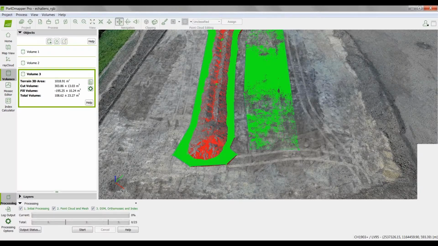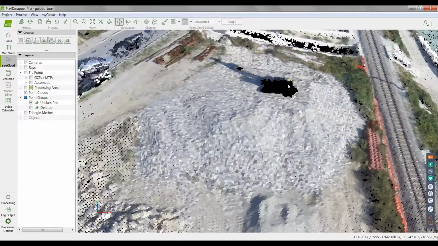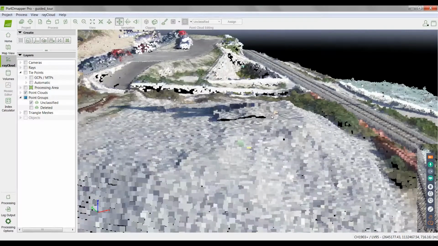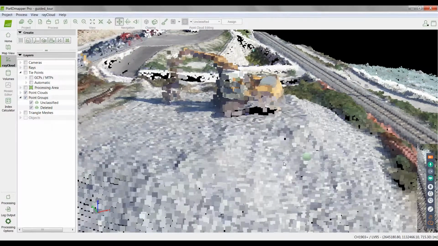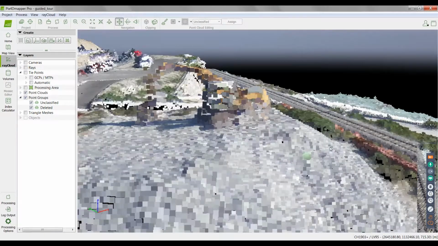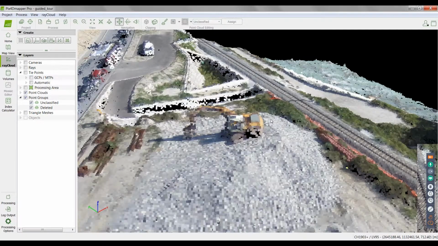Good. Then one more thing I'd like to add for volume measurements. It can be that you have something on top of your volume. Here is a nice example. We have this machine on top of the pile. If we now would measure our volume, this machine is going to be part of the measurement, which is obviously